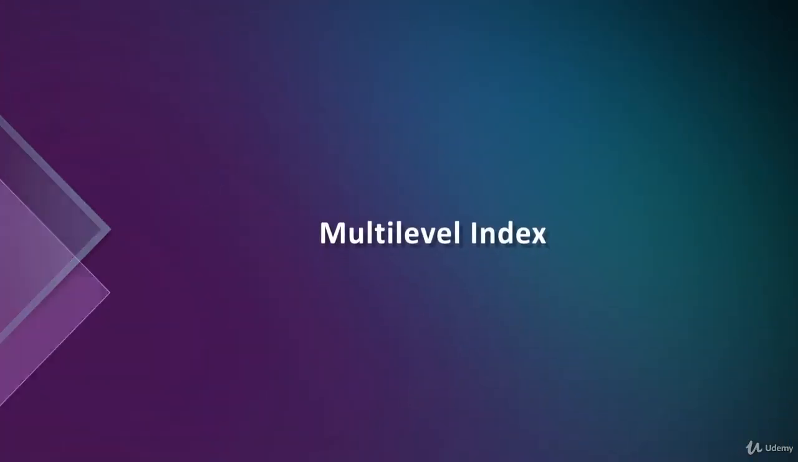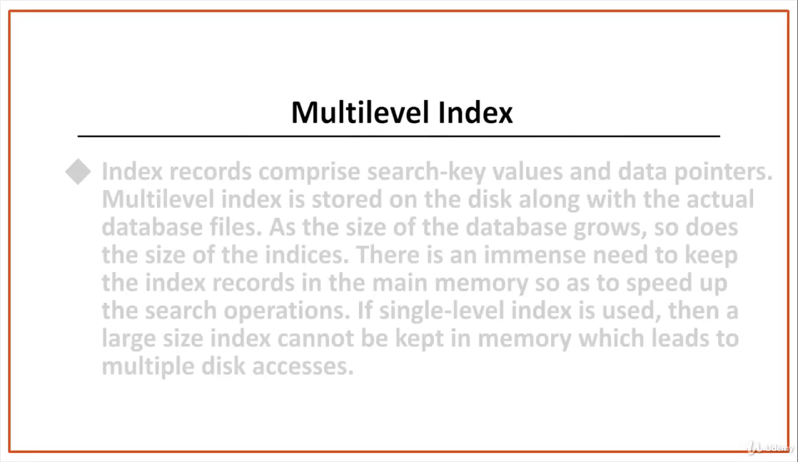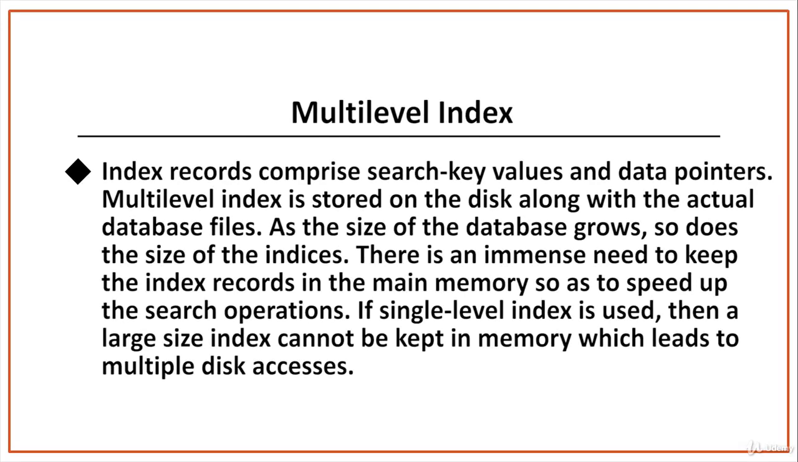Now let's talk about multi-level index. Index records comprise search key values and data pointers. Multi-level index is stored on the disk along with the actual database files. As the size of the database grows, so does the size of the indices. There is an immense need to keep the index records in the main memory so as to speed up the search operations. If single-level index is used, then a large size index cannot be kept in memory, which leads to